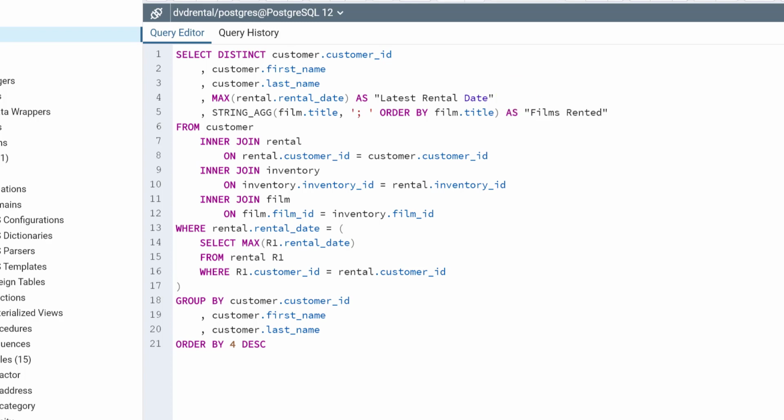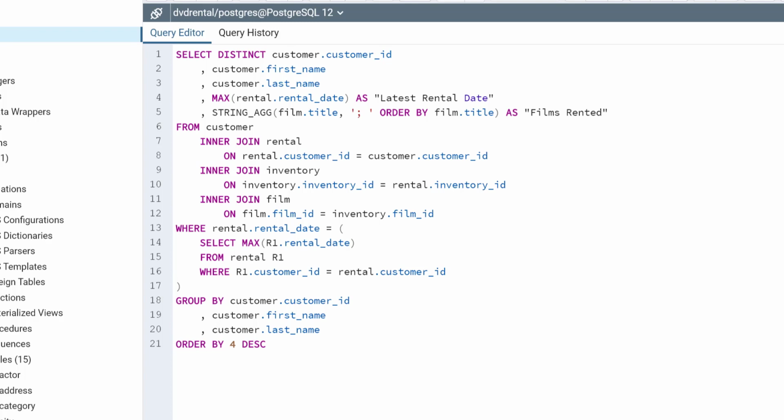Before we run this query, let me explain what this is doing. String_agg has 2 arguments and an optional order by clause. The first argument is the column or expression that you wish to concatenate together. In this case, for those customers who rented multiple films during their most recent rental, we want to combine the film titles. The second argument is the separator. It is the character you want to use to separate multiple film titles. In this case, I chose a semicolon followed by a space.